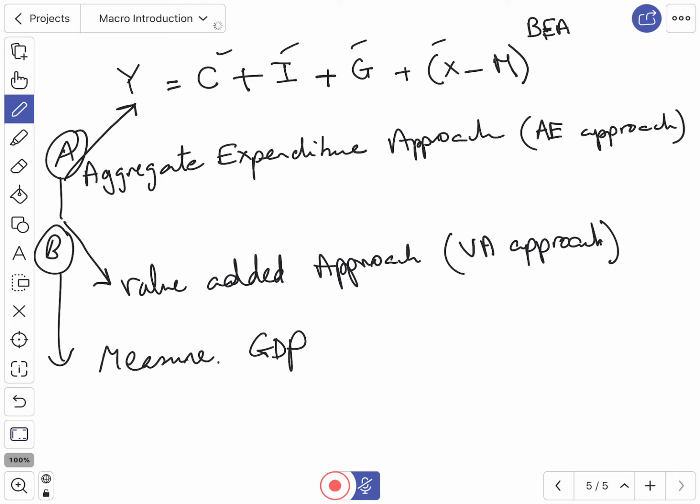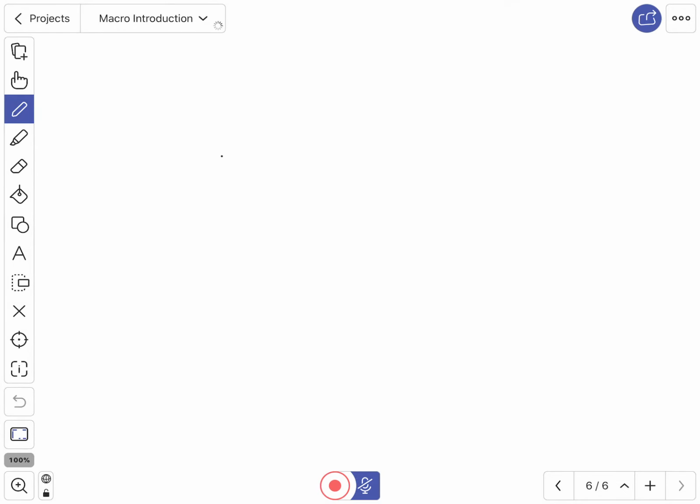So instead of adding together all expenditures on final goods and services, this is used as an alternative way of computing GDP, and it's actually a way of just adding, as the name suggests, the value or the additional value made at each stage of production. Okay, so you can define, let me write here, so this is our number B, the value added